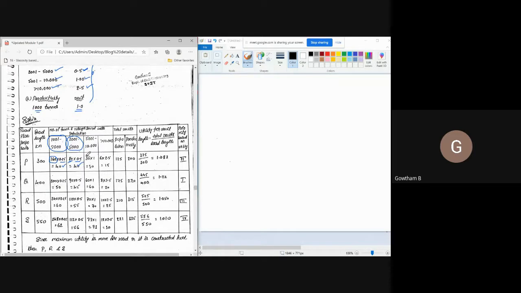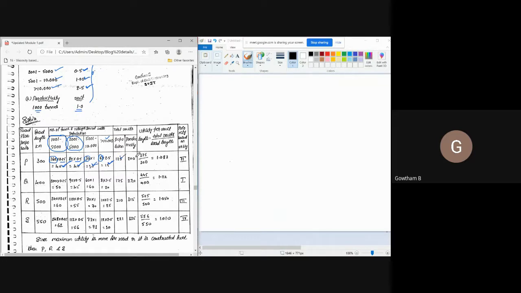Next, 30 towns with population range 5000 to 10,000 are there. That utility unit will be 1. Therefore, 30 multiplied by 1 is equal to 30. Next, at the last, a total of 6 towns and villages are there with population greater than 10,000. In this case, utility unit will be 2.5. Therefore, 6 multiplied by 2.5 is equal to 15. Now, the total population units will be 40 plus 40 plus 30 plus 15, that is equal to 125.